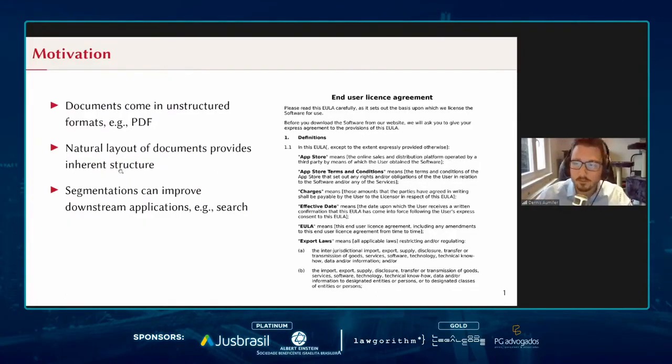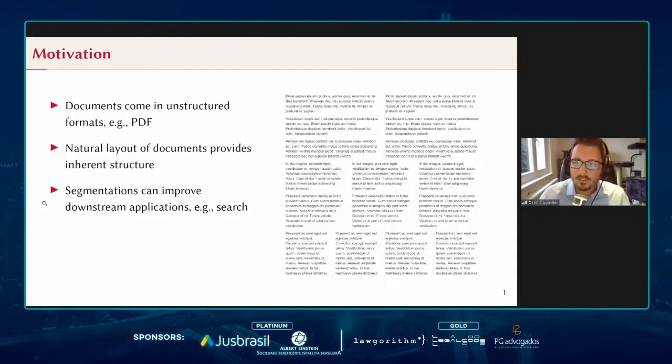Well, especially for segmentation, we have a lot of tasks nowadays, for example, in the workshop at this conference, where you're dealing with paragraph retrieval. So having structured and thematically similar paragraphs is essential. You also have use cases for mergers and acquisitions, or last but not least, document search in general for cases at courts, meaning that once we can make sure that the segmentation of a document is preserved in a machine readable format, we're going to have a much better downstream